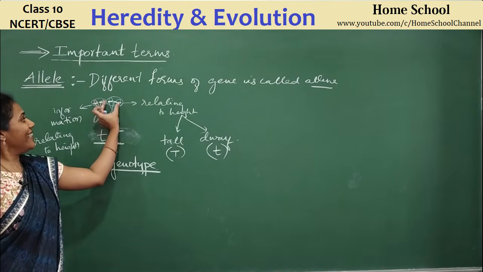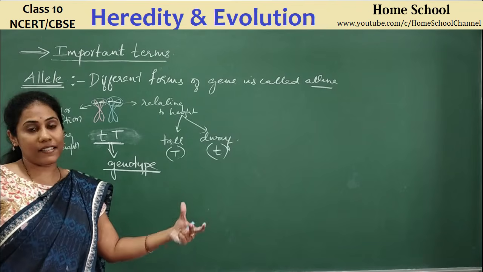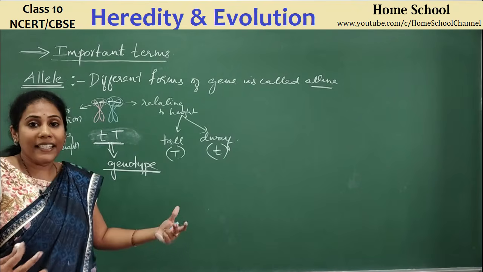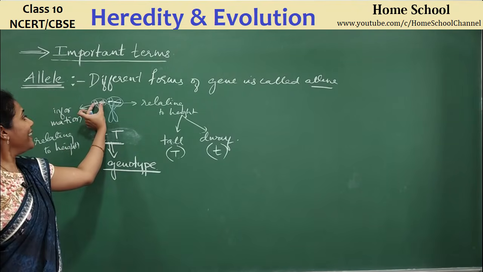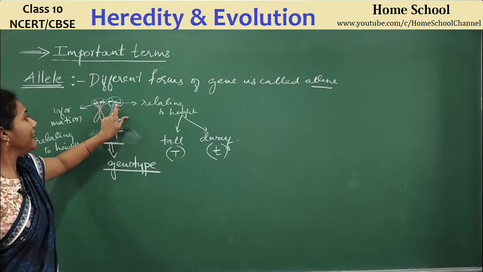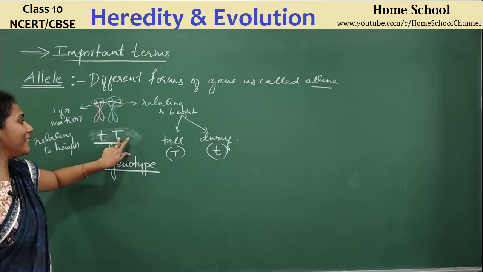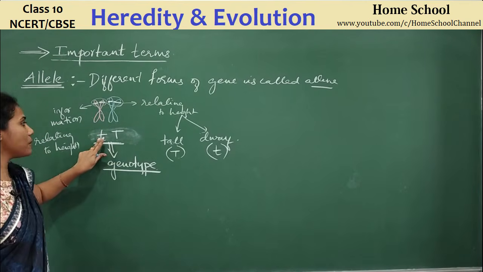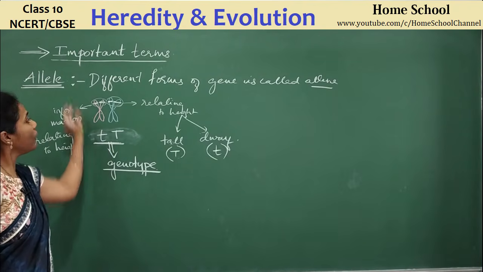Okay, so the genes I am representing in terms of some alphabetical letters. I am taking the help of alphabets and making my study easier and more simplified. See, this is the area of the chromosome relating to height. What type of height is it indicating? Tallness, so I wrote capital T. Here, what type of height? Small t. This is the genetic code for height of this person.